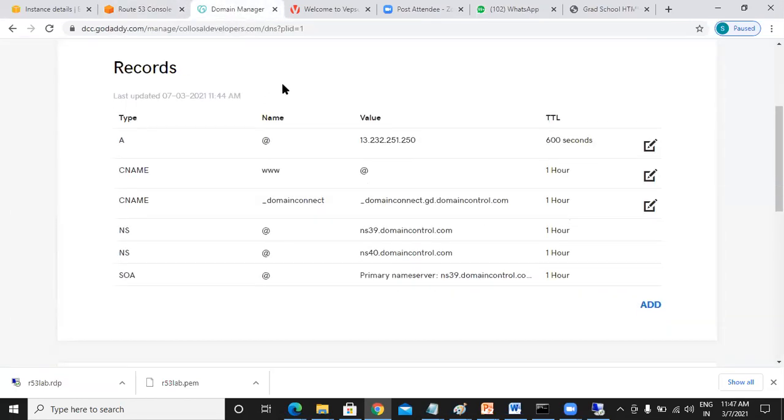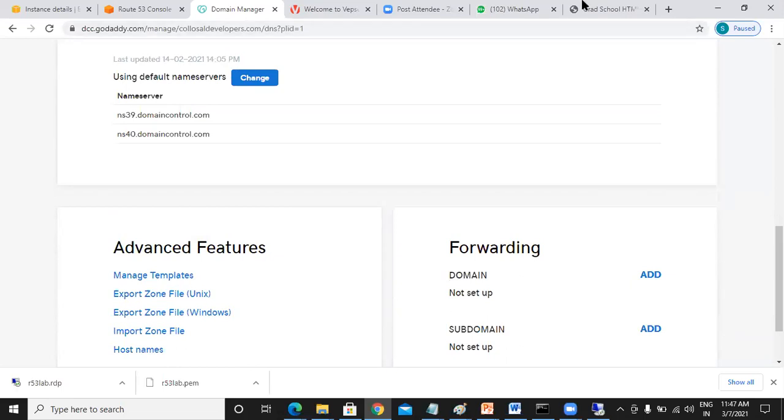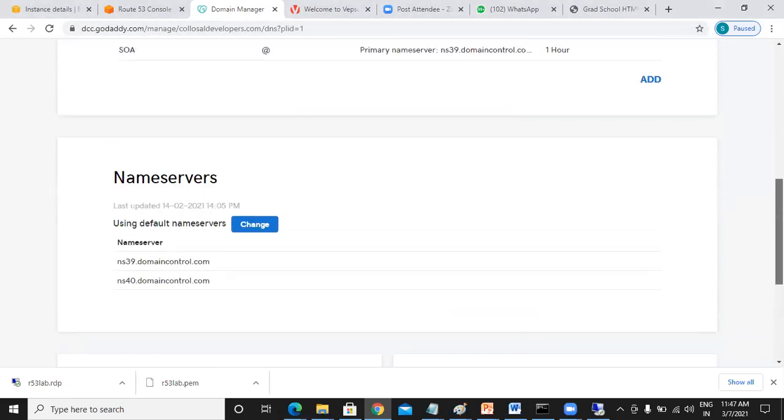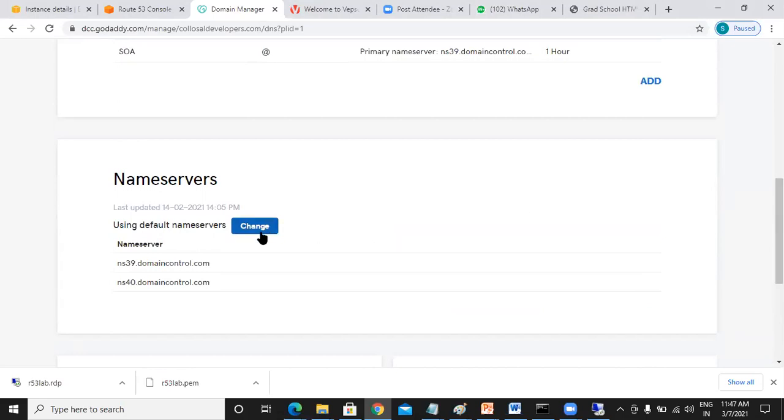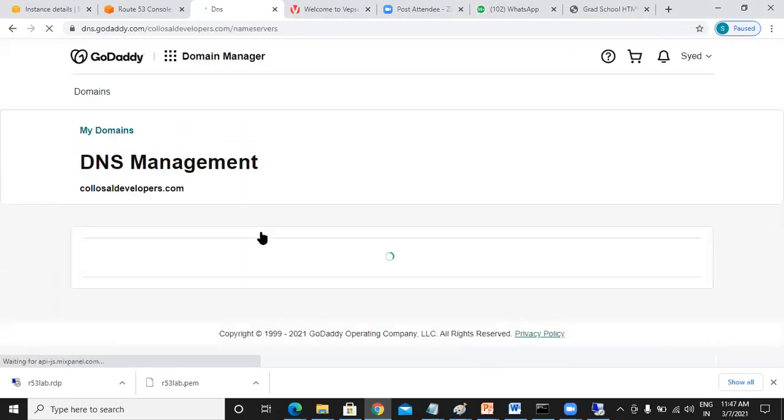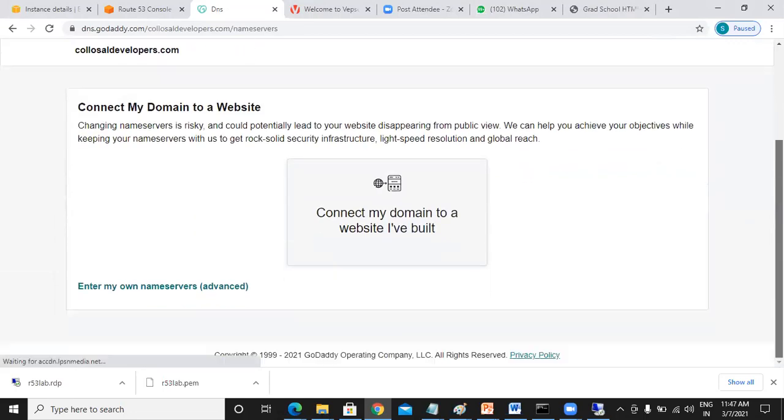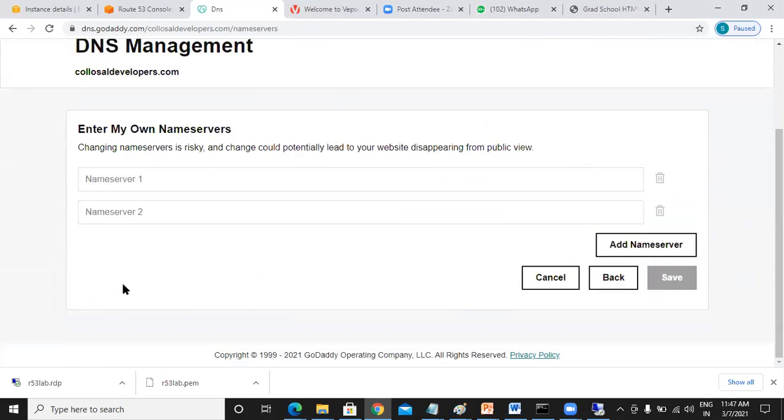So what you need to do is that if you don't want to use this, go to the name servers here, click on change, scroll down. Can you see the name? This one, enter my own name servers. If you want to use Route 53, you need to mention it as enter my own name servers. Click on enter my own name servers.